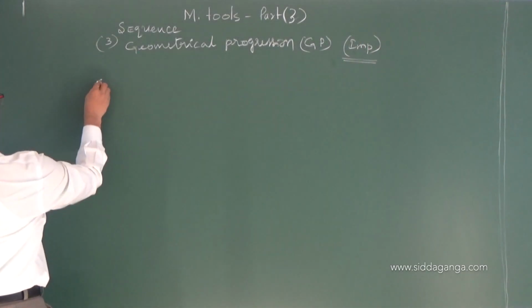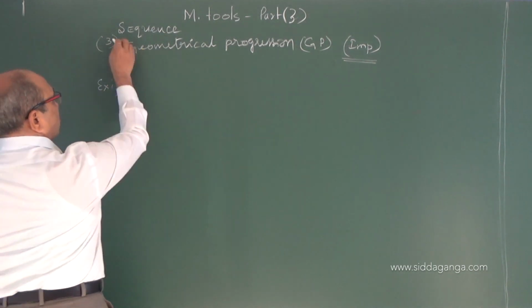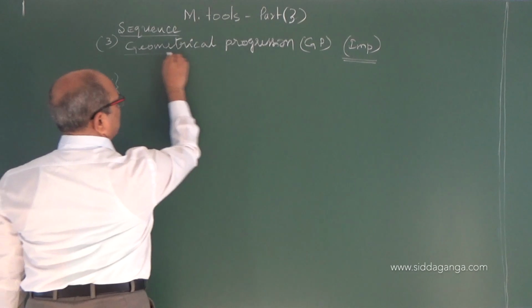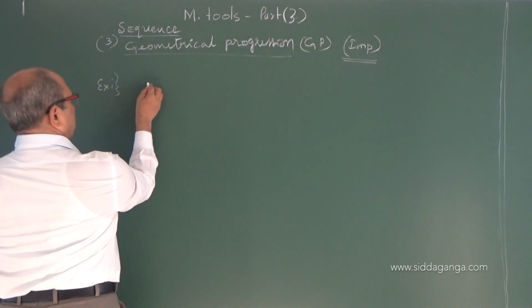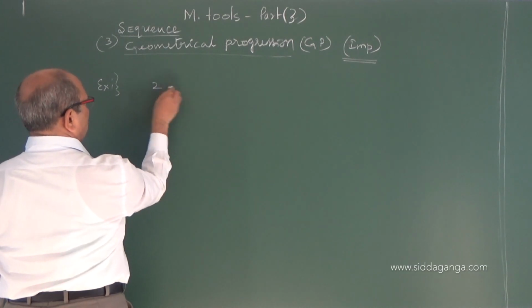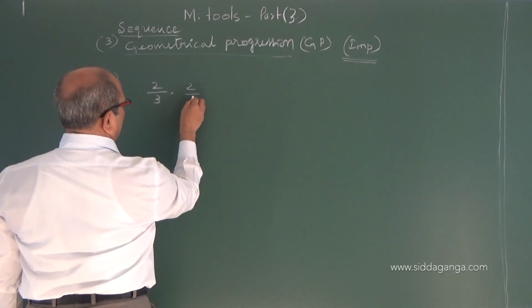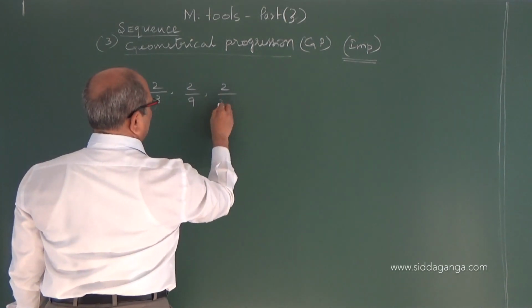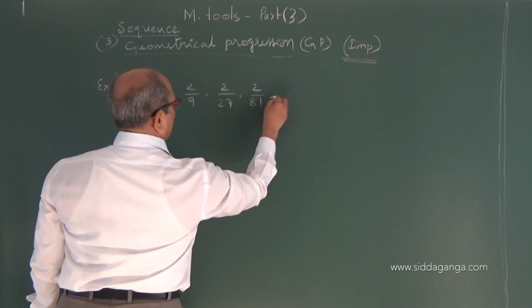For example, if I take this, you come to know what the sequence is and how these progressions arise using certain rules. So if I have the numbers 2 by 3, 2 by 9, 2 by 27, 2 by 81, when I write like this,